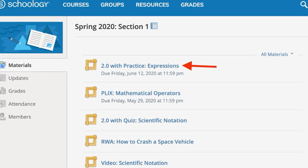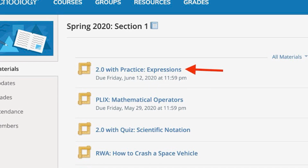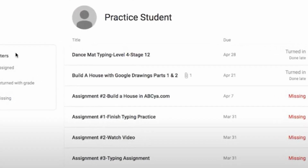So how much planning do you need to do as a coach before the session? The most important thing you can do as a coach is know exactly what the student needs to do and what they'll be expected. This means you might want to log into their portals if the family and student give you permission and check on those upcoming and missing assignments because you want to be aware of those so you can make sure the student is also aware of them